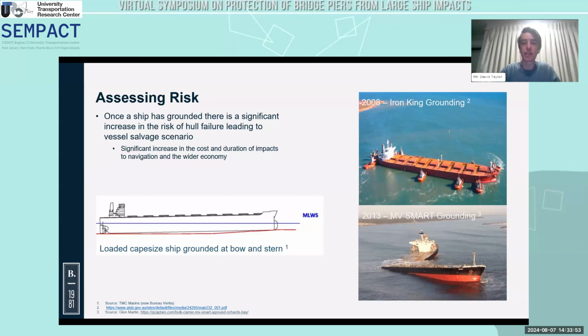Another incident that I've been involved with over the last 8 years is the MV Smart ship, which grounded in South Africa, and that shows the consequences of this type of failure of the vessel, where initially it was hard aground at the bow on a rock outcrop on the margin of the channel. It's a bit different to the Port Hedland situation in terms of the conditions that led to the ship grounding, but it's the same mechanism where once the stern was in contact with the seabed as well, the ship broke apart very quickly, within about 12 hours of grounding.